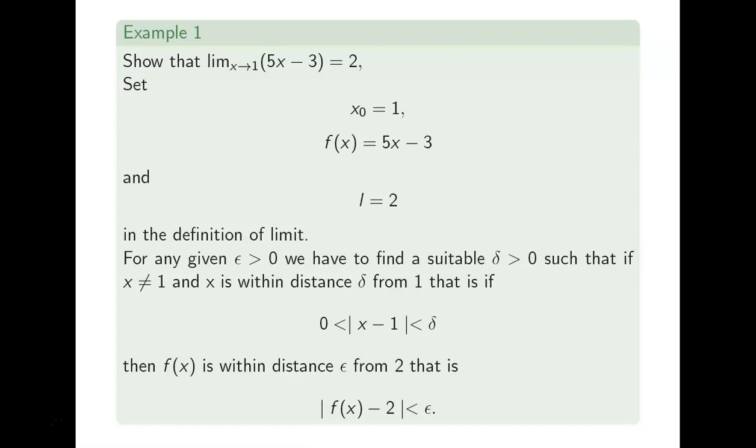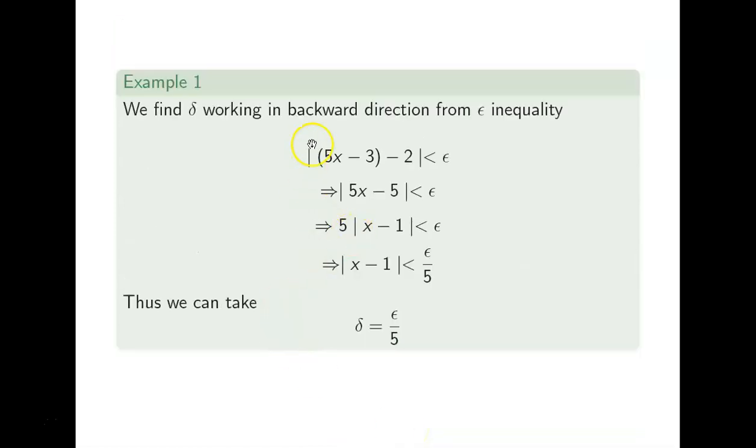As we have seen in the epsilon delta definition of a limit of functions, this definition has actually two parts. This is the delta part of the definition and this is the epsilon part of the definition. Whenever this delta condition is true, then this epsilon condition is true. So to obtain such a value of delta which satisfies this condition, we will start from the epsilon part. That means we are working in the backward direction from the epsilon side.